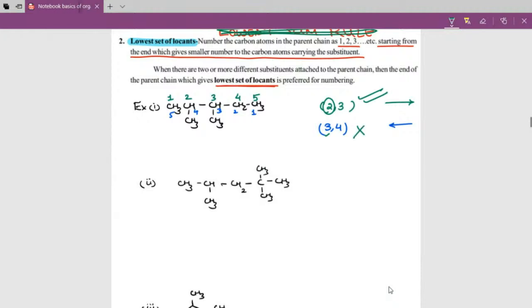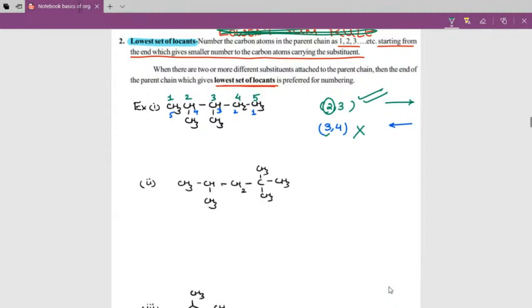I hope I have made my point very clear. You have to number the parent chain from all possible directions, left, right, whatever you have. Then you have to write the set in increasing order of numerals. Compare the sets. The set with the lower numeral at the first point of difference is the correct set,